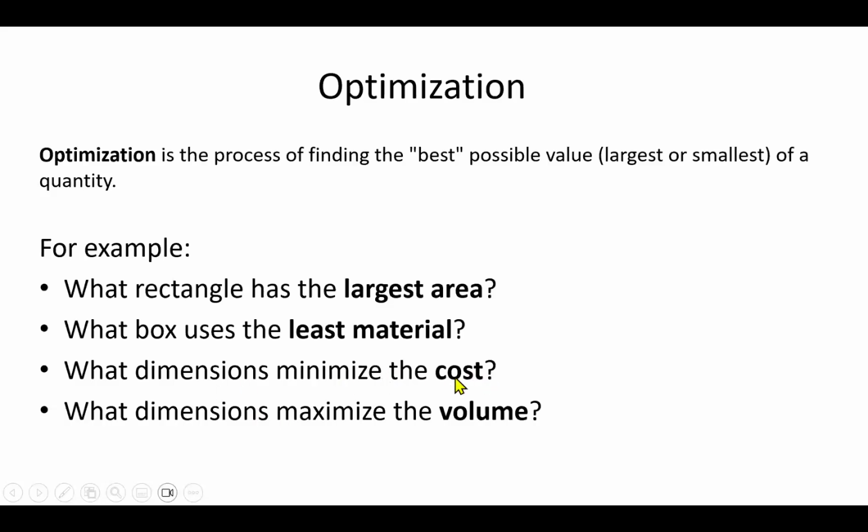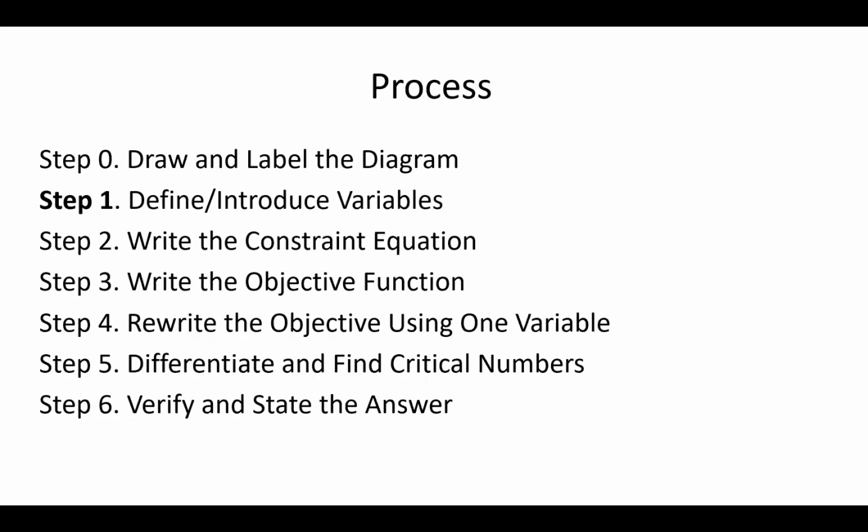And in general, when you have costs, like if you have a business, you want to have the minimum amount of cost and maximize your profit. So anything that has to do with finding minimums and maximums is usually called an optimization problem. And so the typical process is draw or create a picture or a diagram, introduce variables, write the equations, rewrite the objective function using one variable, find the derivative, the critical points, and then verify which one is the minimum